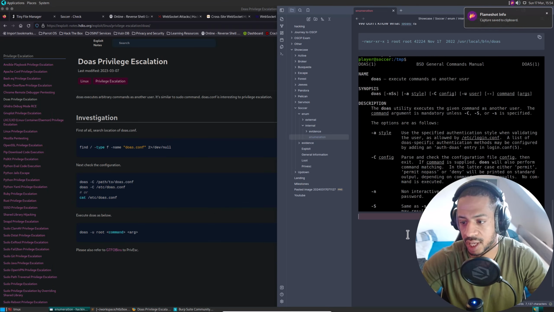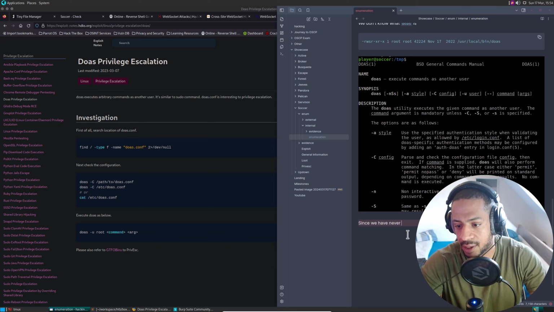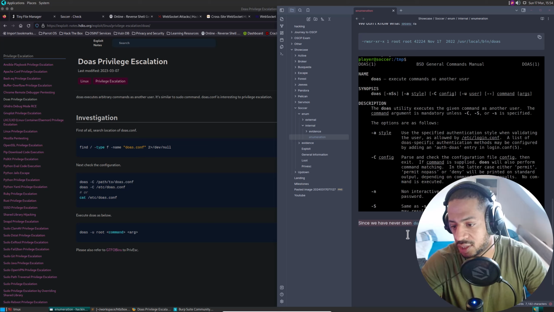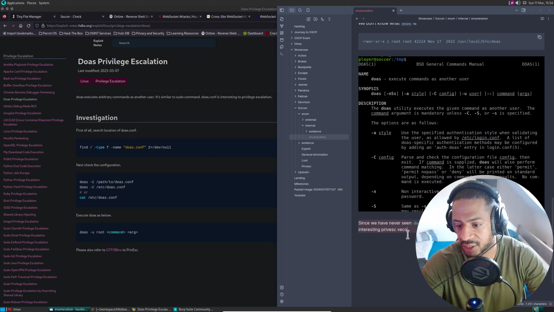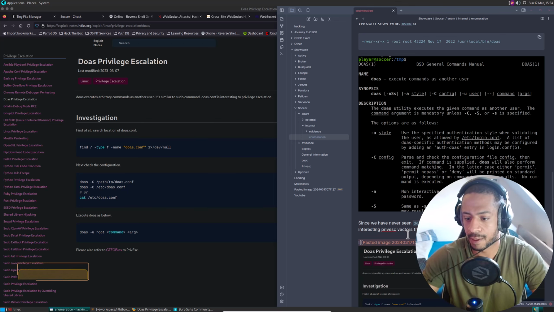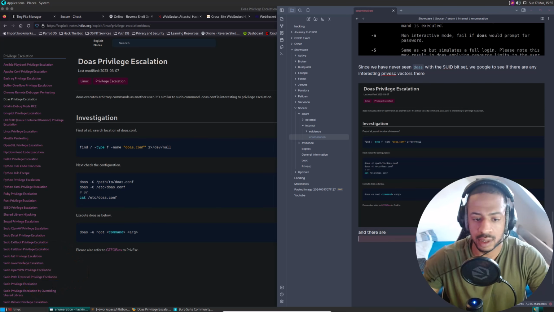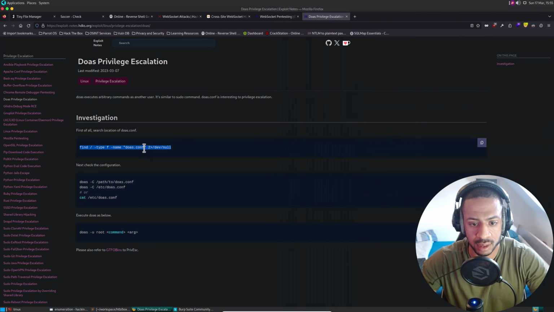Let's go into my notes, and since we have never seen doas with the SUID bit set, we Google to see if there are any interesting privesc vectors there. And there are. So let's try and do this.